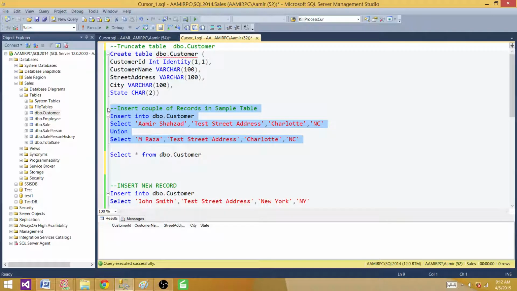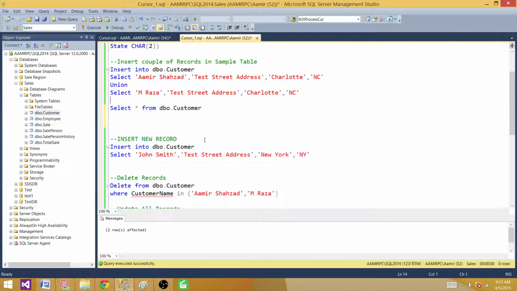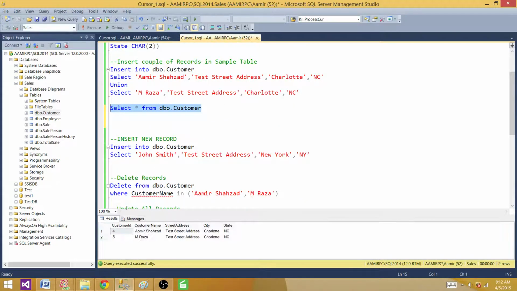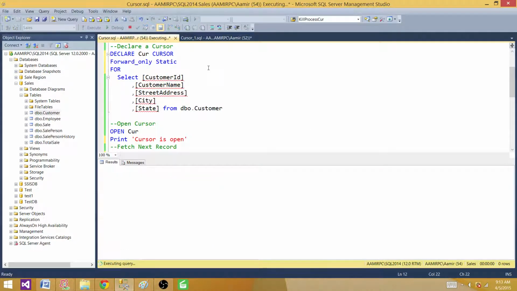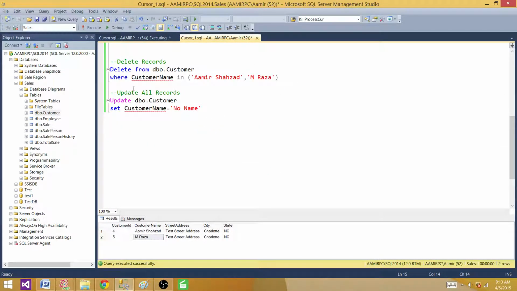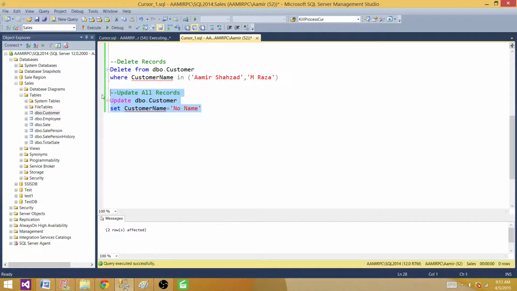Now let's do the last experiment. Let's insert these 2 records, and what we have here, we have name Amir Shahzad and M Raza. So what I'm gonna do, I'm gonna go here, run the cursor, then I'm going to update these records with the no name.